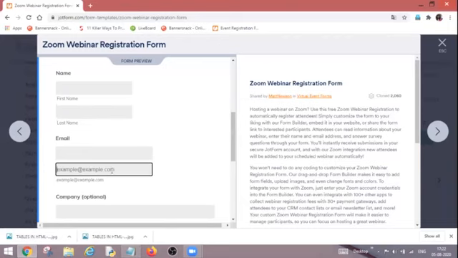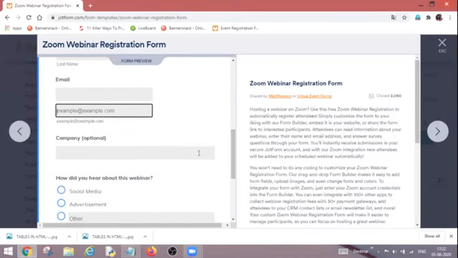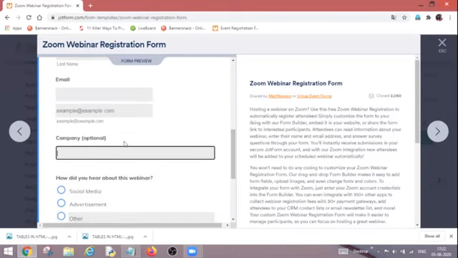Similarly, the next example is that I can enter my email address. Along with providing the cursor inside the box, they are providing me an example of an email address. That means they are showing that in this way only you are supposed to enter your email address. So this is very convenient for a user to enter the same thing. After that, they are providing a text box for company name, and they have written here that this is optional. So you may enter it or you may not.